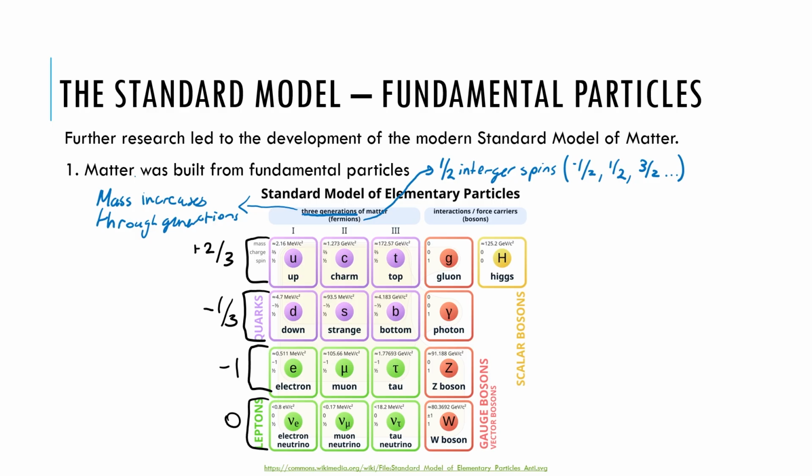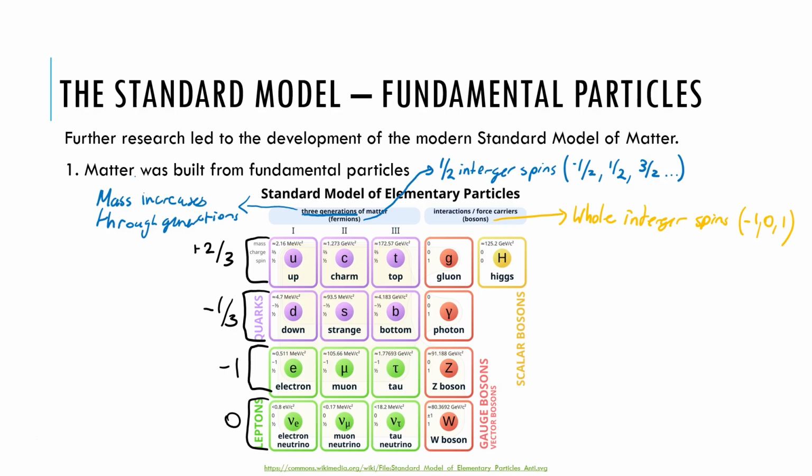On the right-hand side, we have our bosons. These are particles with whole integer spins. For the particles shown in this diagram, they have spins of 0 and 1. But there are other bosons which don't fall into this cluster, these force carriers as they're shown here, that have spins that aren't just 0 and 1, but are whole integers including negative numbers. We'll get to some of them a little bit later.